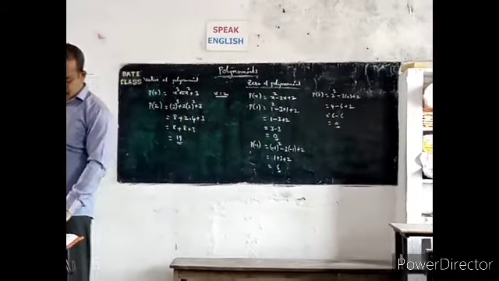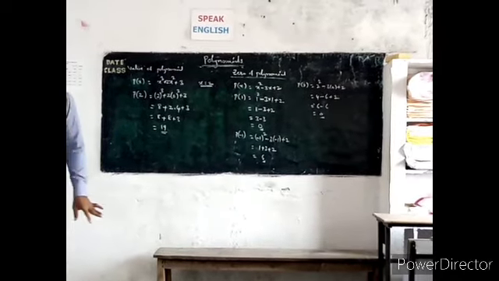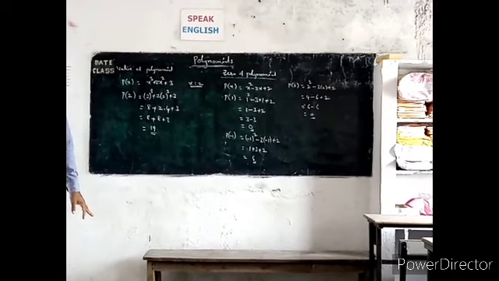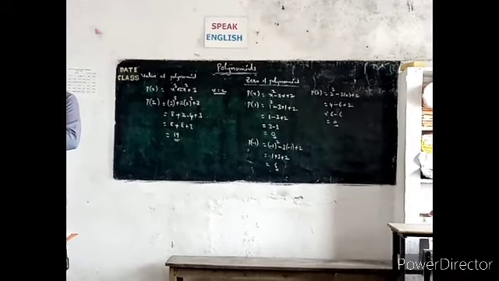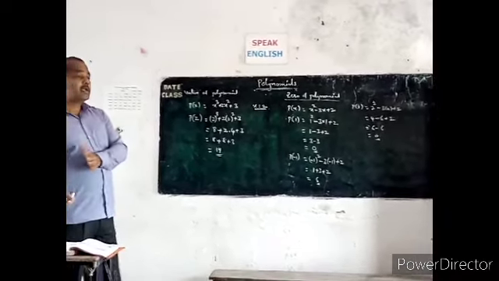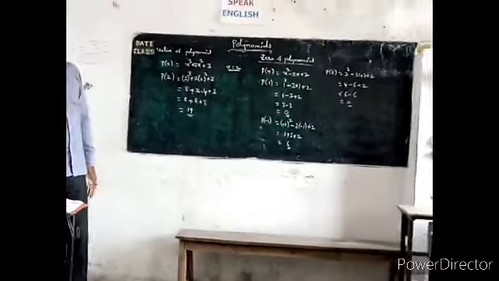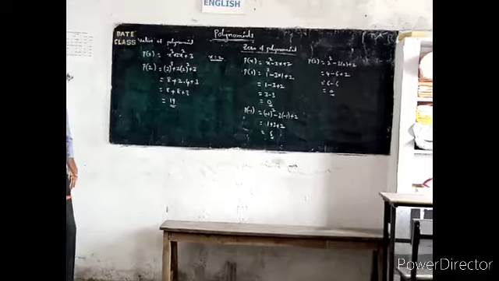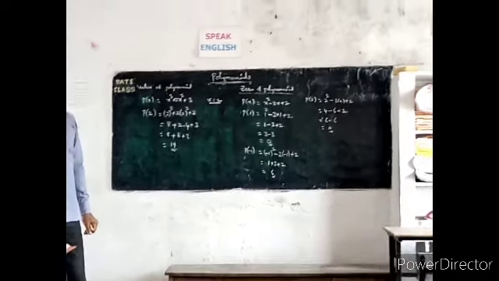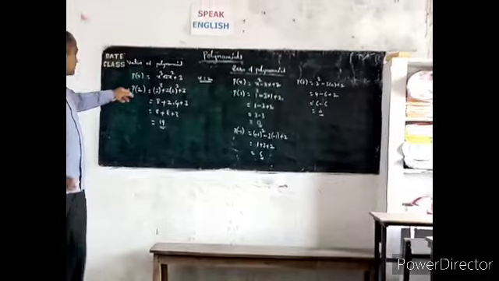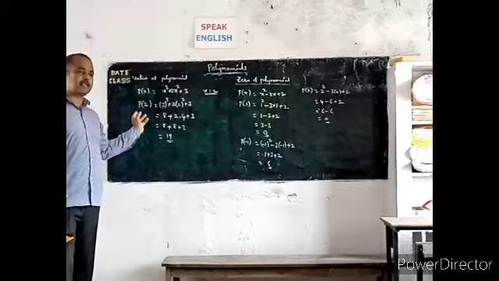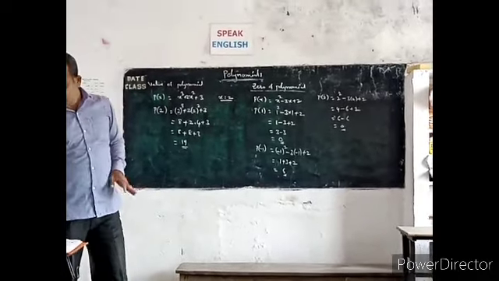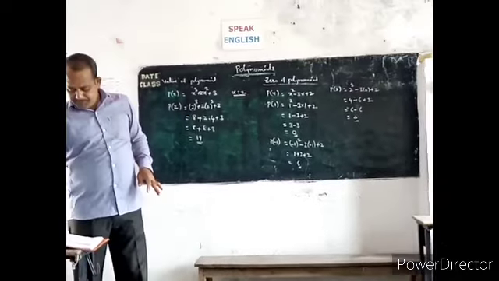In the same way, do this problem. P of x equals x square minus 5x minus 6. Find the values: P of 1, P of 2, P of 3, P of 0, P of minus 1, P of minus 2, P of minus 3. P of 1 means in place of x we write 1. P of 2 means in place of x we substitute 2. You have to solve like this only. If 1 is asked, it is 1; if 3 is asked, it is 3. Go through it.